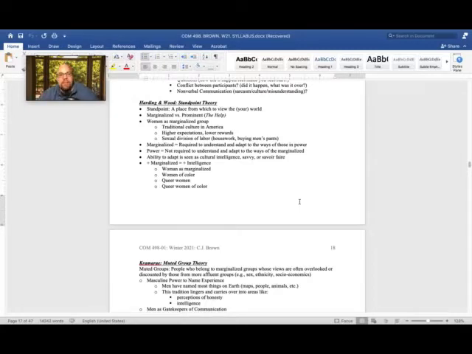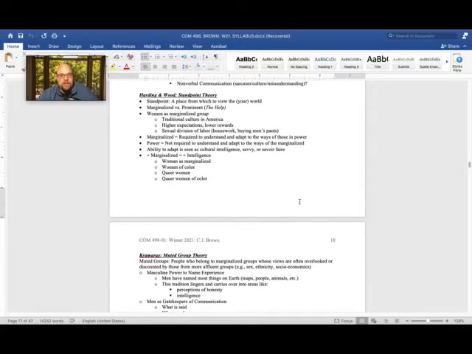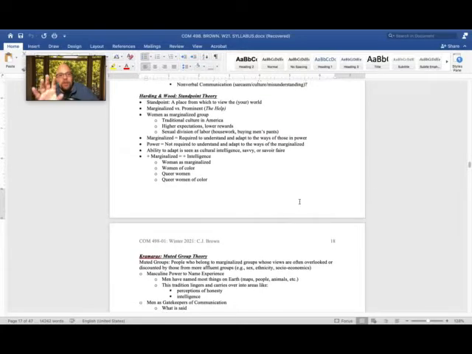All right, so that's standpoint theory. Where you are in the world in terms of being marginalized matters. You might use this also for how people make messages or how they code switch. So, for example, when I go back to West Virginia, without even thinking about it, I snap back into that Appalachian dialect. I remember the last time I was there, which has been 5-6 years ago,